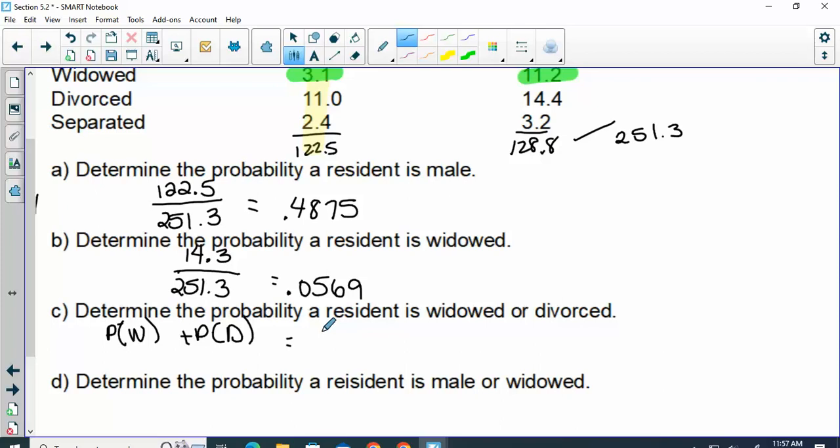So widowed, we had 14.3 over the 251.3. Divorced, so if we add those in, that gives me